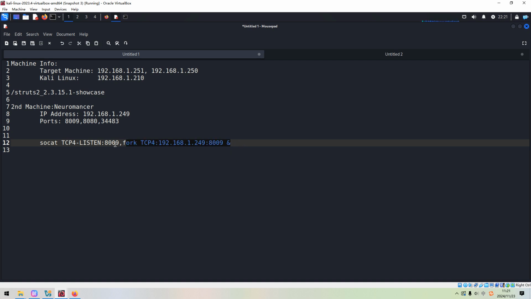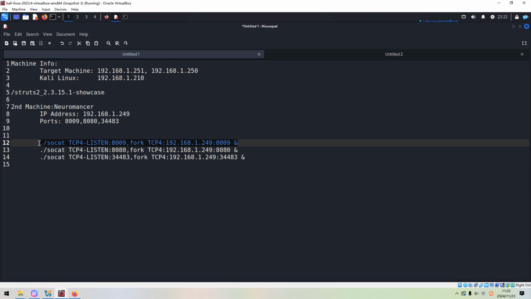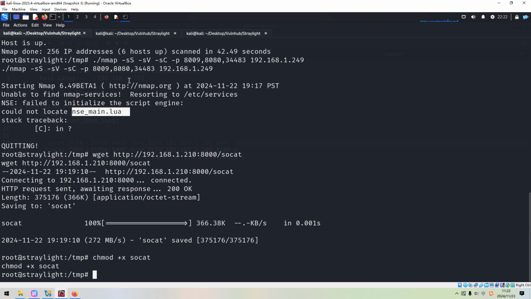So now we can simply copy the command twice, and then change the port numbers. Now we just run the 3 commands to set up 3 port forwarding tunnels.